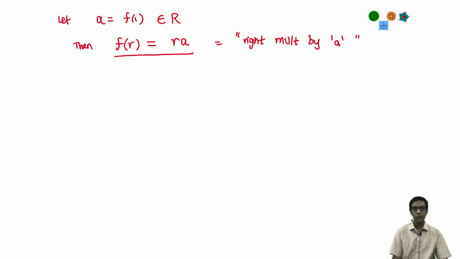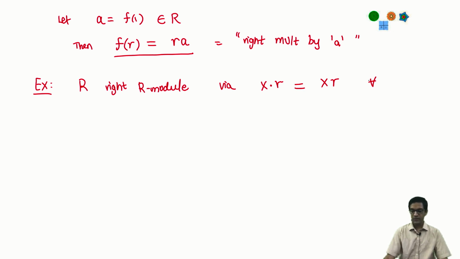Whereas if you tried the same thing, let me leave this as a little exercise for you. Recall, I can also think of R as a right module over itself, as a right R module via the following thing. If I take a ring element x and I think of right action of R, this is just multiplying on the right. So this is a scalar multiplication now for all x in R, for all r in R. When I multiply the element x by r, the answer is just x multiplied by r on the right. Okay, this makes R into a right R module. The addition is just still the usual addition.